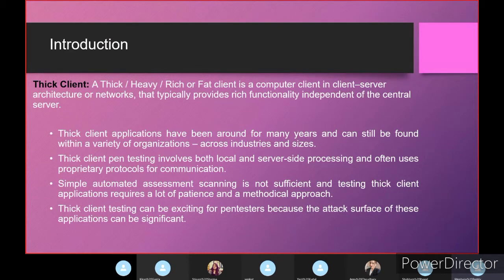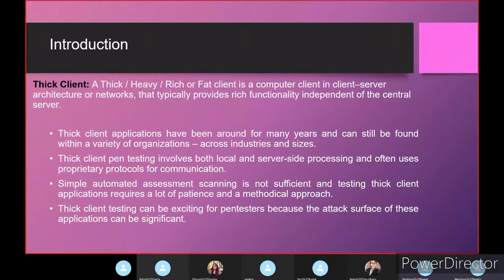Thick client testing can, however, be exciting for penetration testers because the attack surface of these applications can be significant. Unlike web applications or infrastructure penetration testing, thick client testing has a more notable success rate because the client is available locally, and hence critical vulnerabilities may be found during the engagement itself.